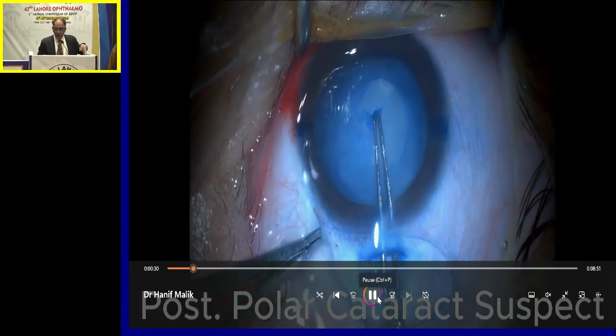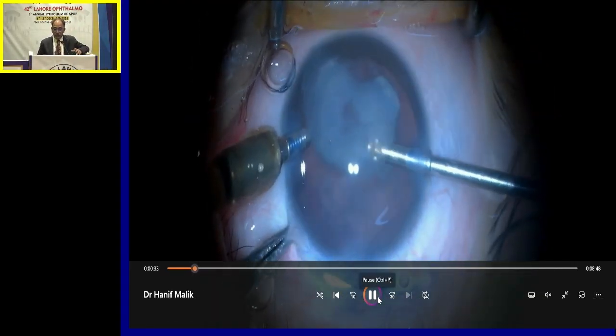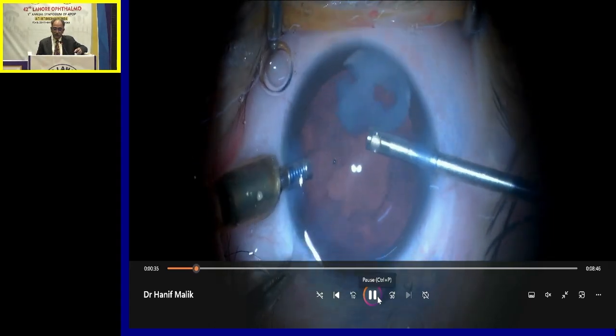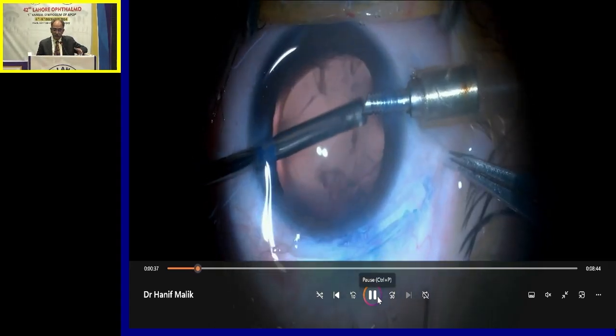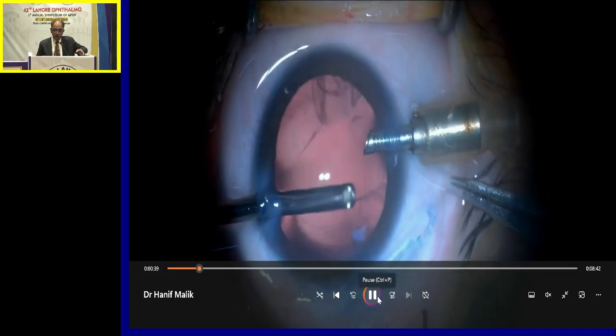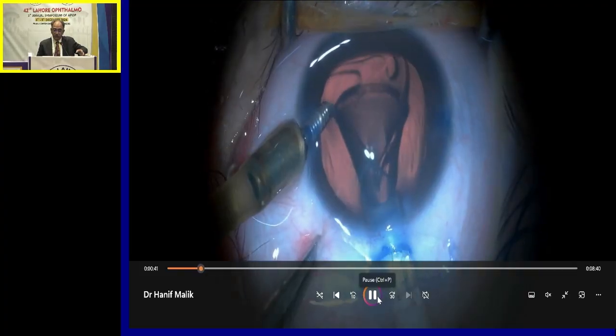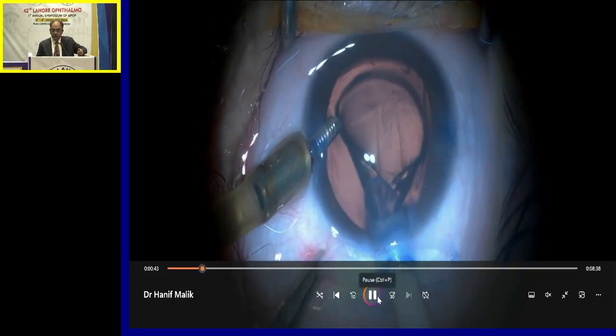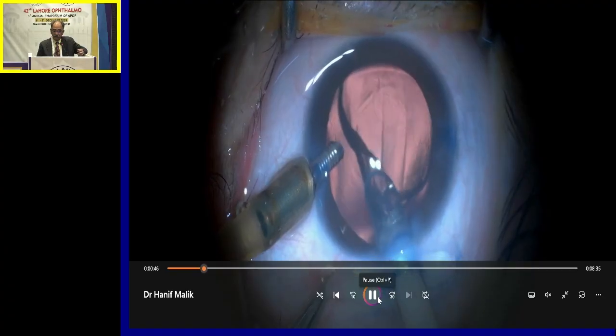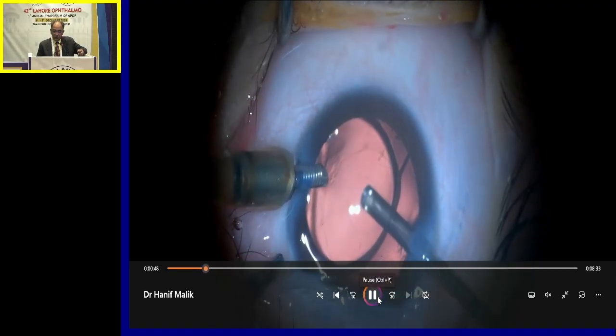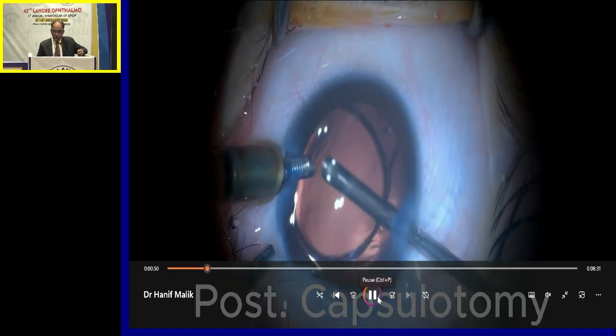This one is the second case. It also was a suspect posterior polar cataract, but when I did the aspiration, it was normal. So I put the IOL, and this was Rayner acrylic. I did the posterior capsulotomy, and